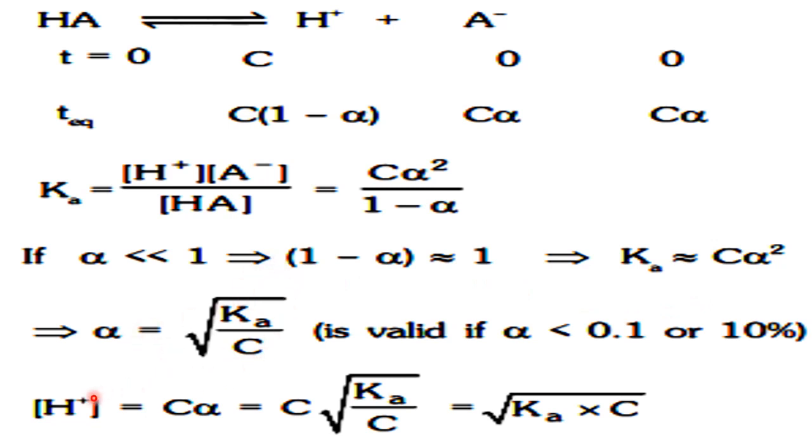Now, what is the concentration of H plus ion? C alpha. And alpha equals root K by C. Now multiply inside the square root by C by C. What happens here? KC by C square. The square root of C square is C only, so that C comes out and cancels the other C. So what remains is only Kc. So the hydrogen ion concentration with respect to K equals root of K into C. All these we will use when we start the numericals.